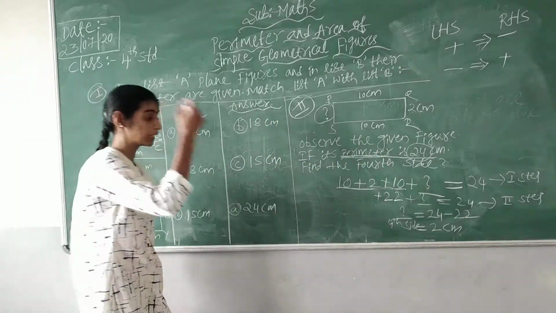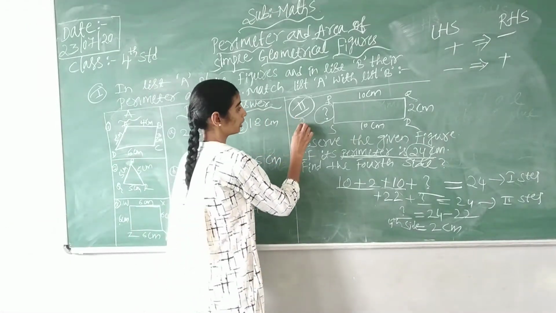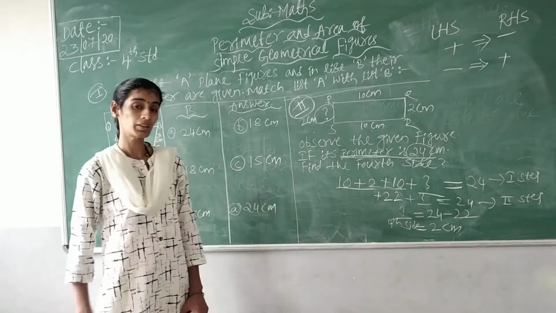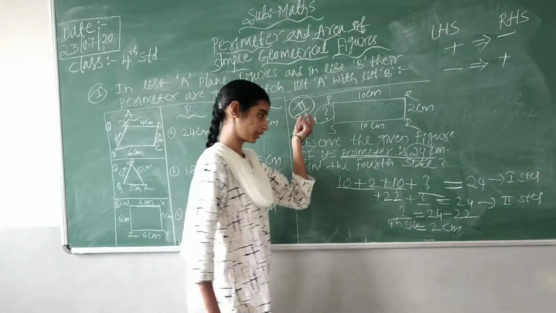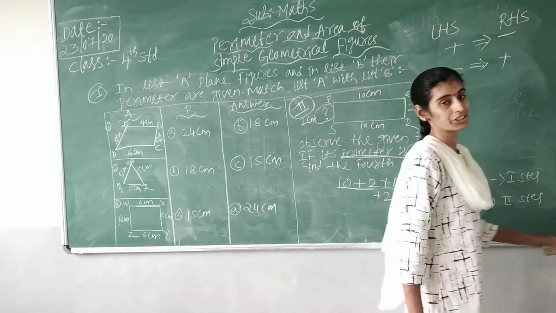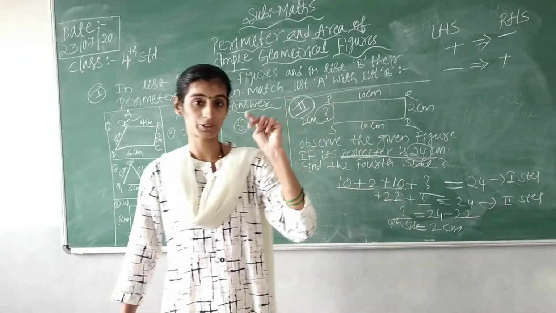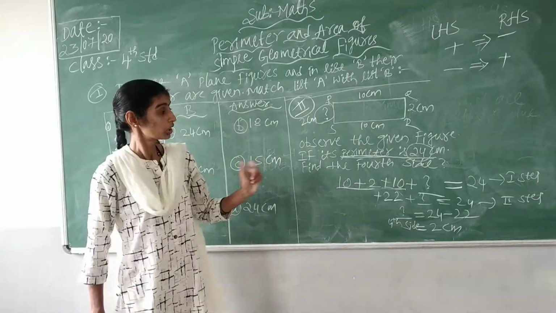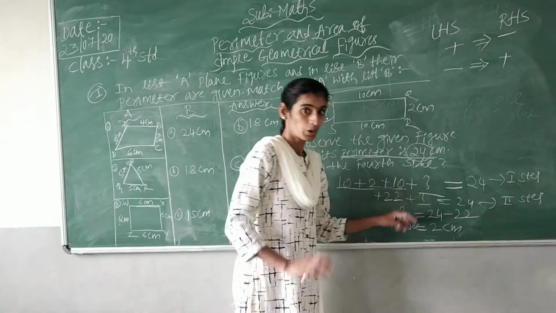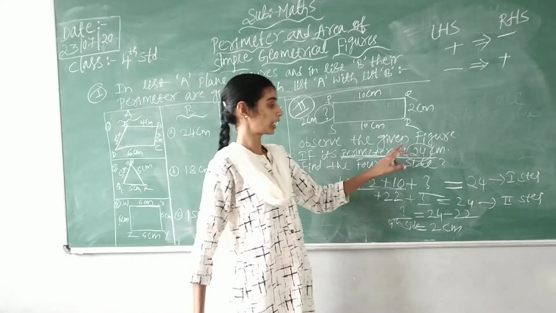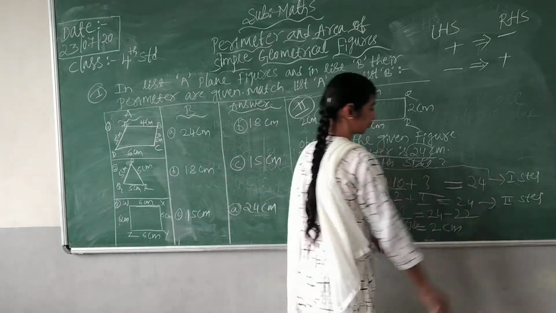So what fourth side value have we got? It is 2 centimeter. To solve such kinds of problems, mainly we have to remember the steps. So what is the first step? You need to write on your left side all the given sides. On your right side, you have to write the given perimeter. So this is the first step.